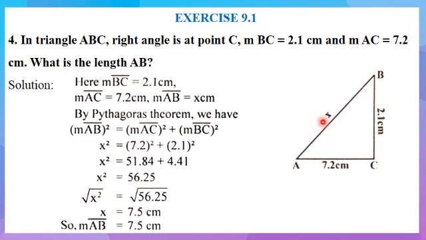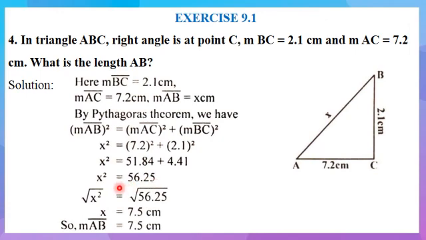Okay, so I am supposing that this missing side is equal to x. By using Pythagoras theorem, I am writing the statement that hypotenuse square is equal to base square plus perpendicular square. So x square is equal to 7.2 square plus 2.1 square. After applying the square, I will have 51.84 plus 4.41, and after their addition I will have x square is equal to